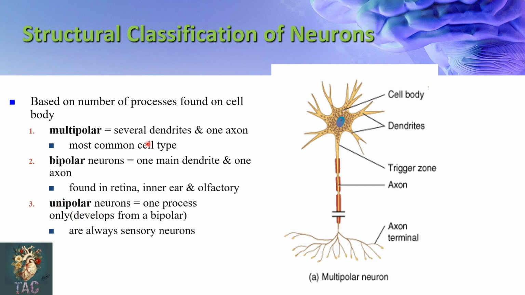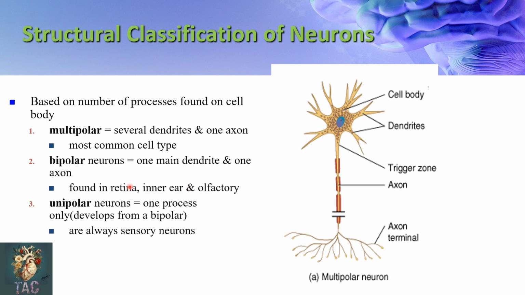Multipolar neurons have several dendrites and one axon. The most common cell types are the multipolar. Most of the motor neurons and the interneurons are multipolar in nature. Bipolar neurons have one main dendrite and one axon. The true examples of bipolar neurons in the human body are found in the retina and inner ear, where they form